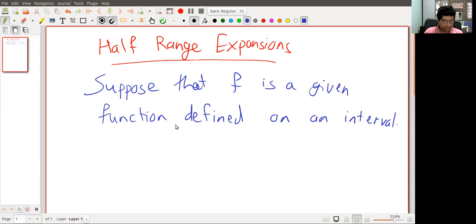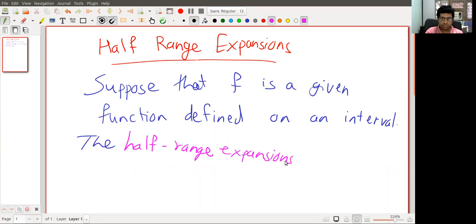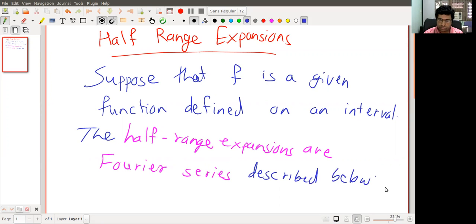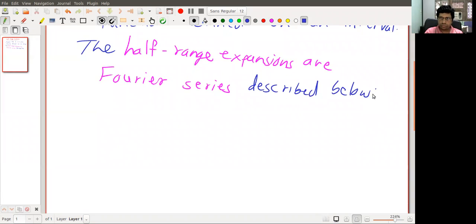The half range Fourier series expansions are described below. So first thing,